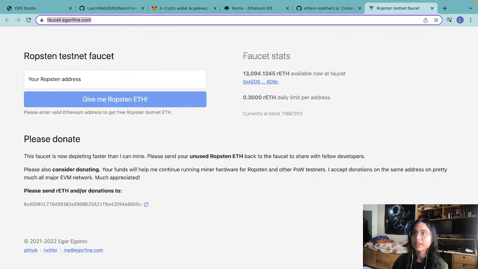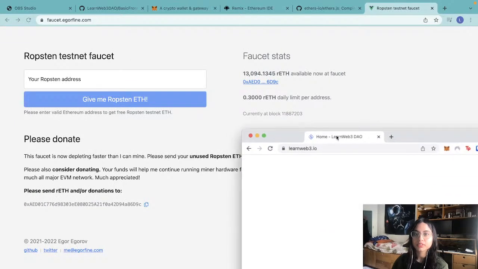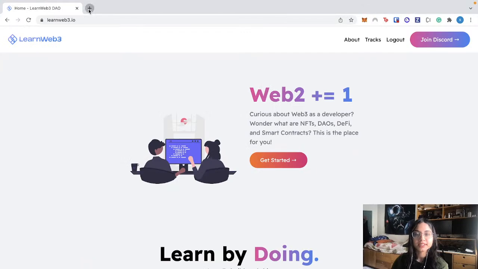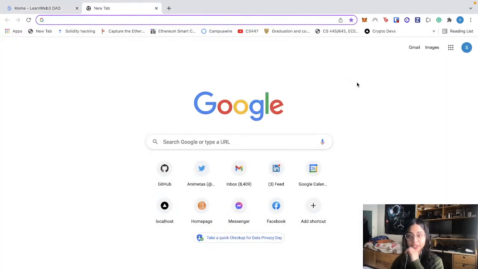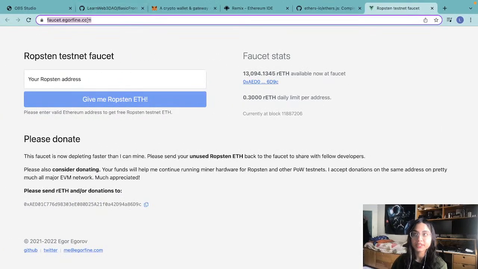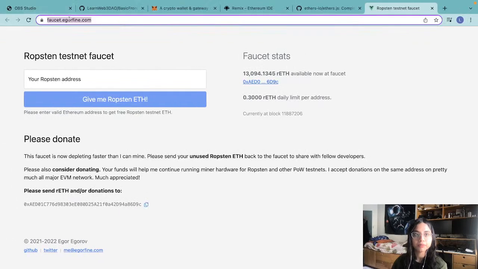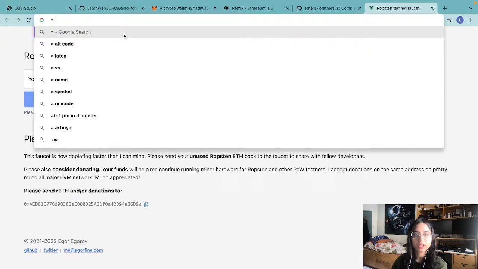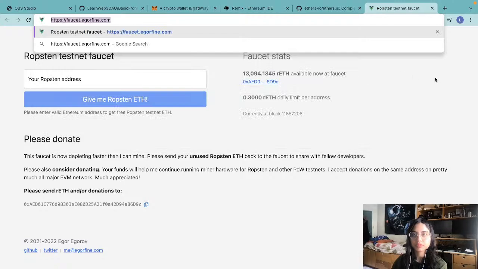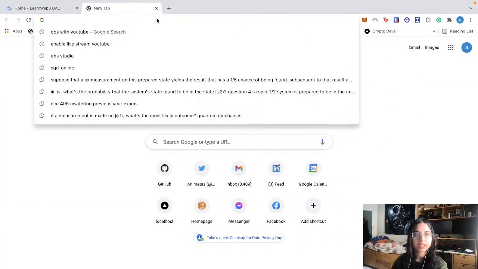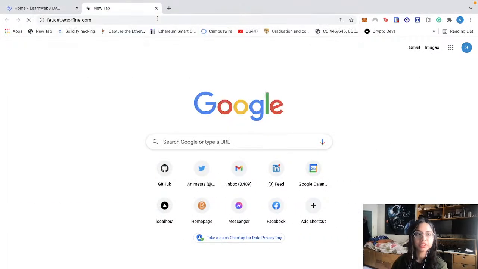This one doesn't have Metamask installed. Alright, so this Chrome window has Metamask installed, so I'm going to go to this link. And here, so you go like this,